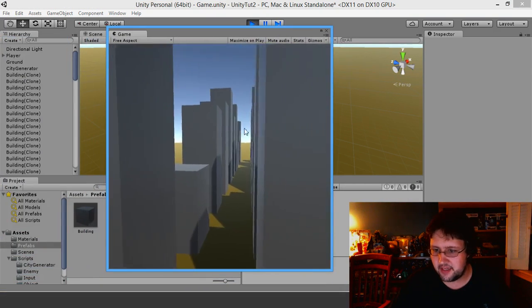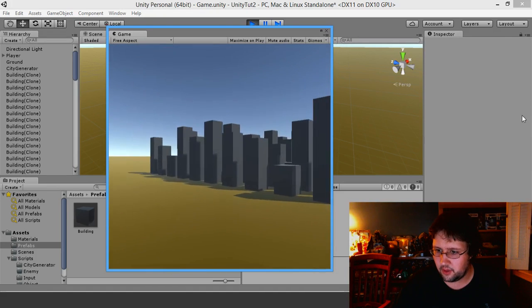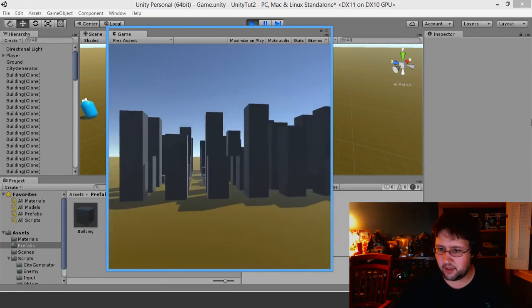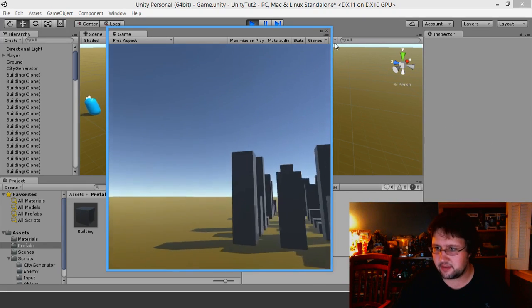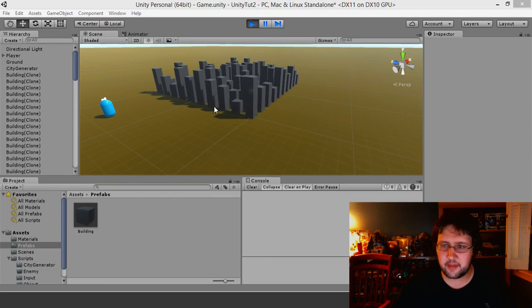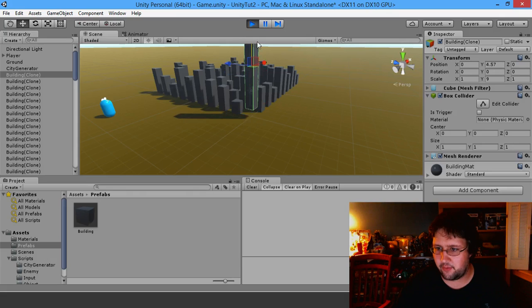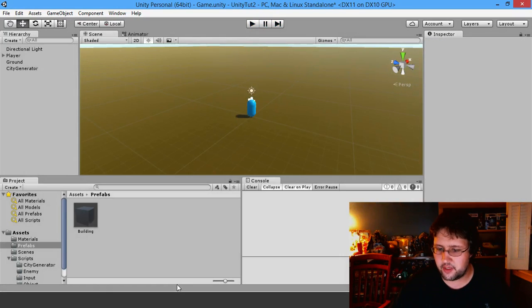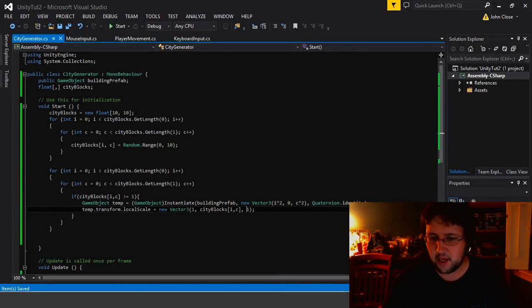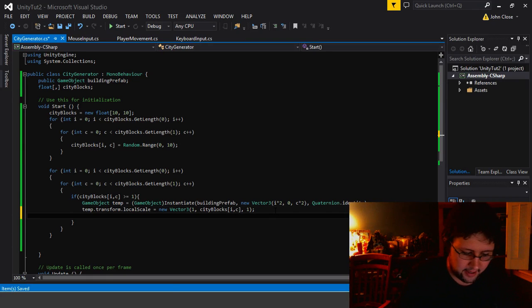So now you can see how this is starting to look a little more like a city, having a bunch of different height buildings. Now because, as I mentioned before, all of these are halfway underground, we're actually going to want to scale to move those up. So in this case, we're going to want to add a position change. So I'm going to do